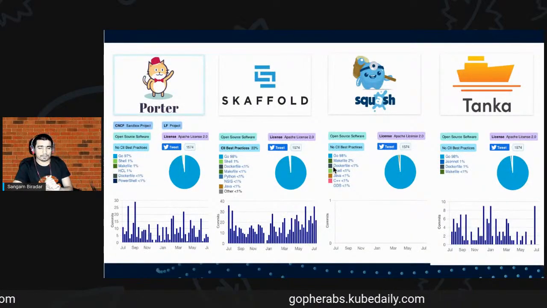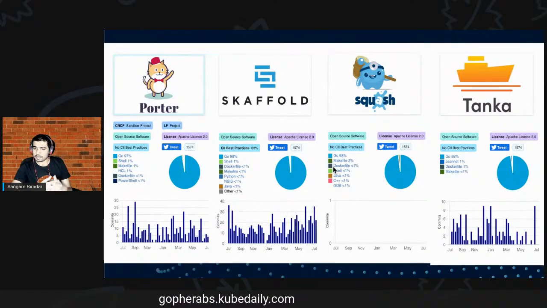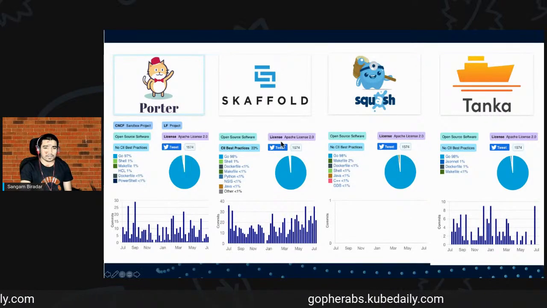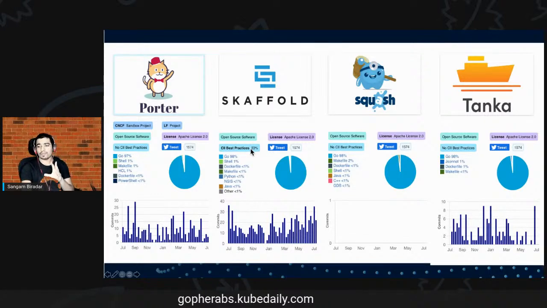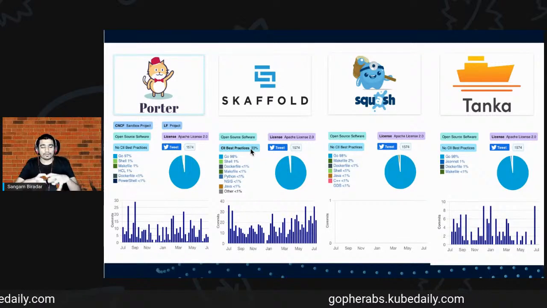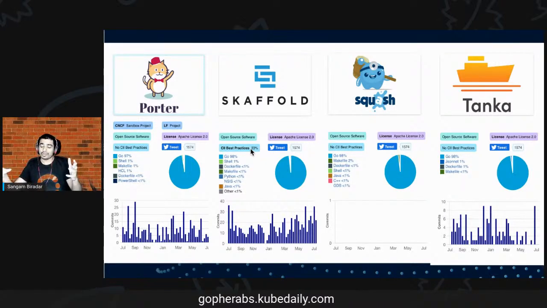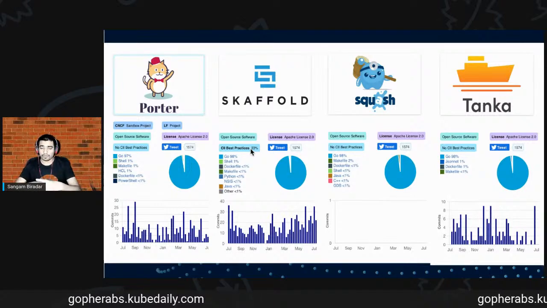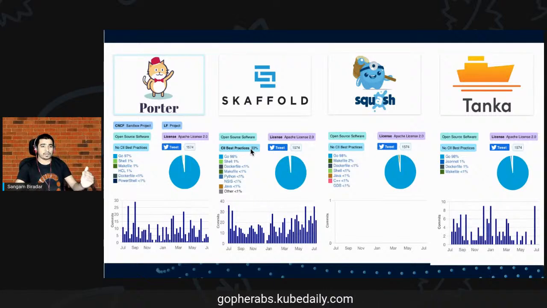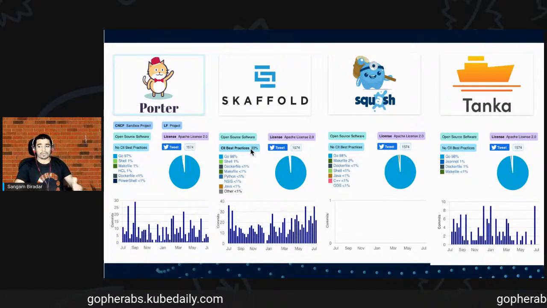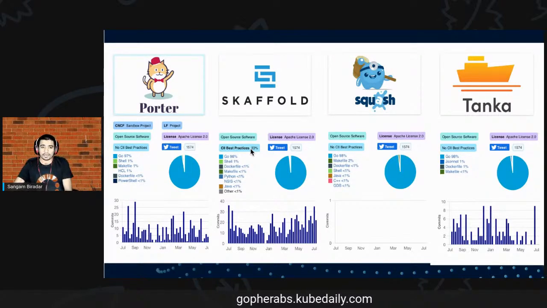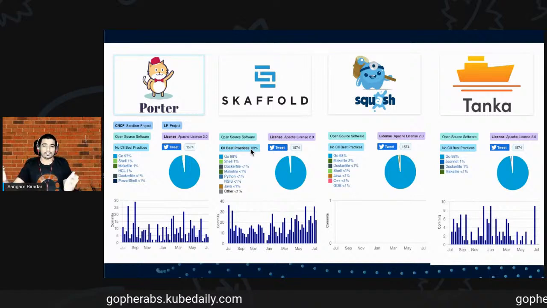Moving forward is Porter. It is another CNCF project whose code is written 97% in Go. And another thing, if you see here, CLI-based practices. So if you are building a Go project that you can build as a CLI tool, go check it out. This code is fully open source to the community. Go check it out: the CLI best practices, how they are building a CLI, what they are using. You can even contribute, and you can start your open source journey, or maybe you will end up getting a job also.